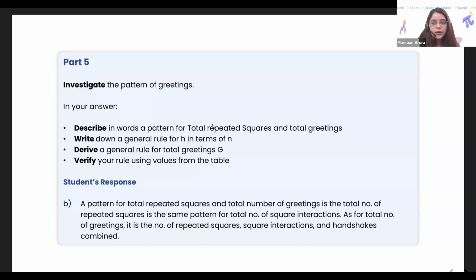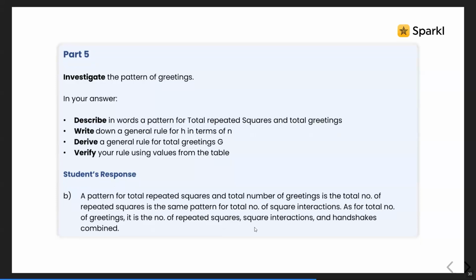Okay, I asked for an answer from Tejas and Pari. Can you guys please read out your answers? For the total repeated squares, I got that it increases in an order of perfect squares. So each value of the number of students is being multiplied by itself to get the total repeated squares. Okay, that makes sense because first you mentioned that it's a pattern of squares and then you describe what the pattern actually does, that you multiply it with itself. Works.